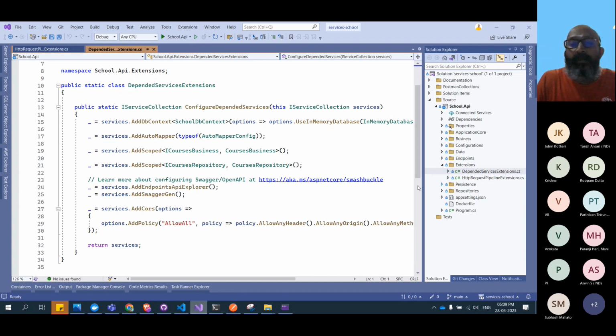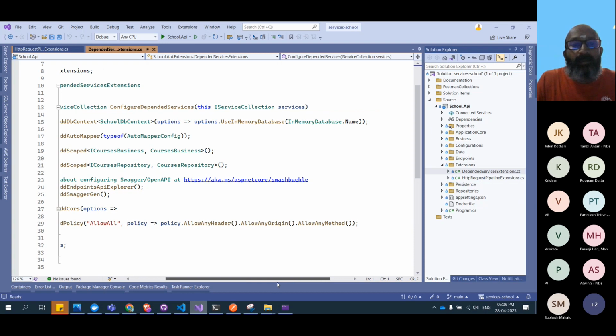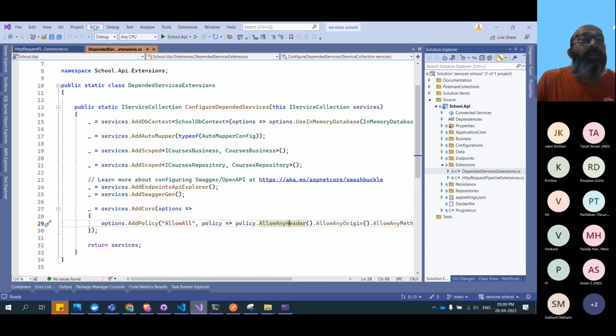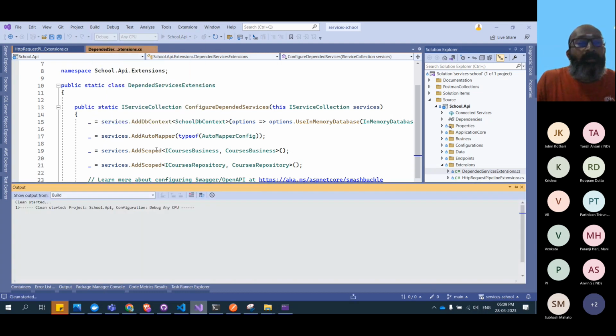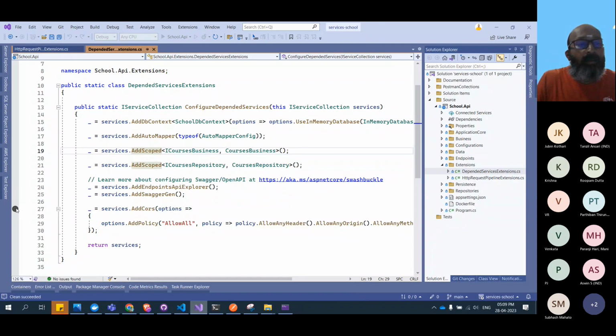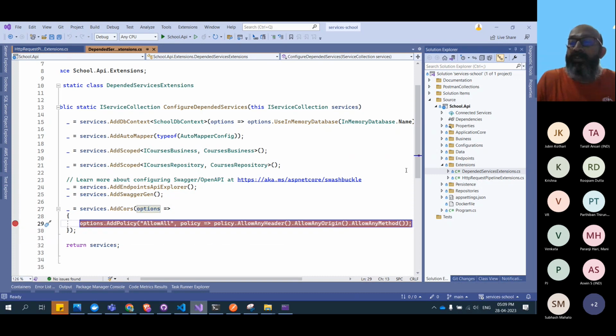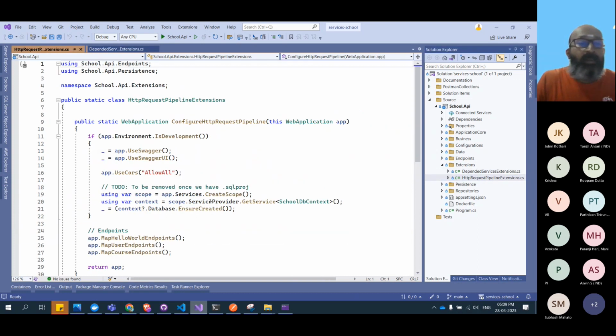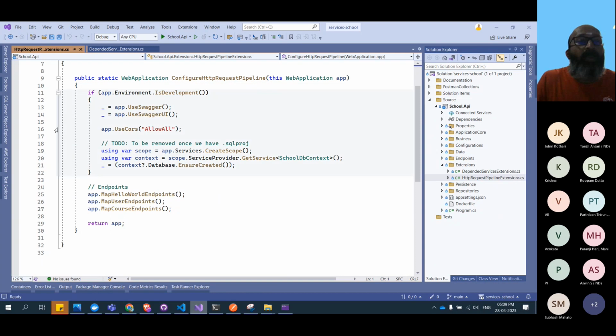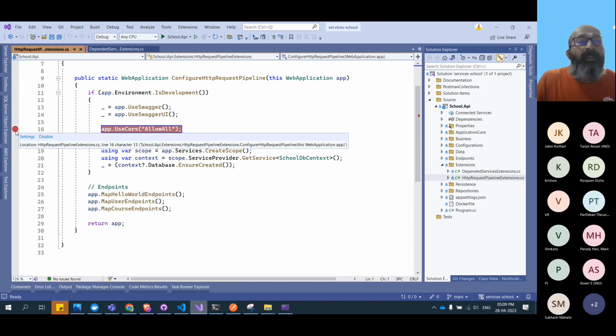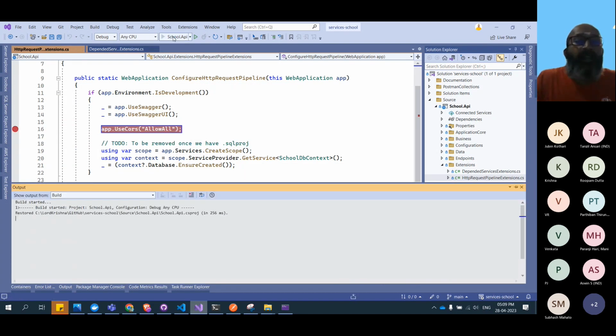OK, that is there. And OK, allow any other things. Let me do a simple debugger on this one. Let's add the course policy, and also in the pipeline, we will have to add it here. So let's start this one more time and see that